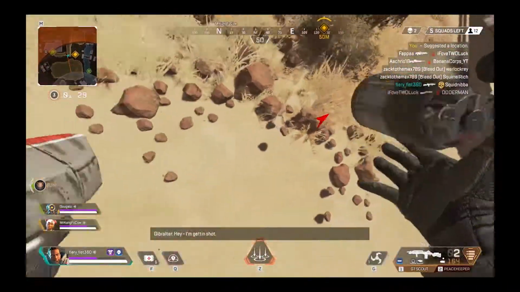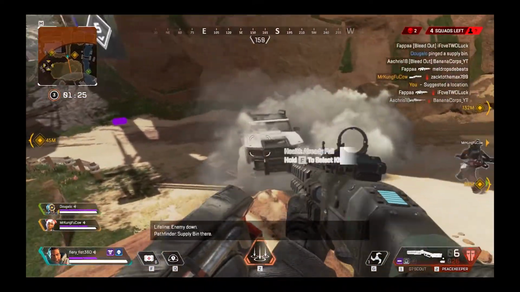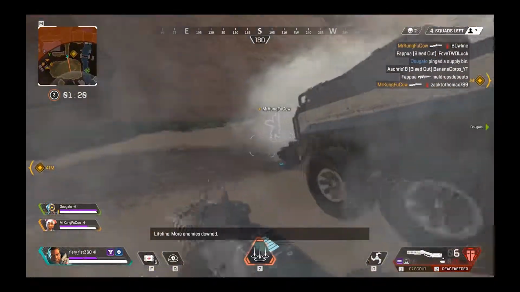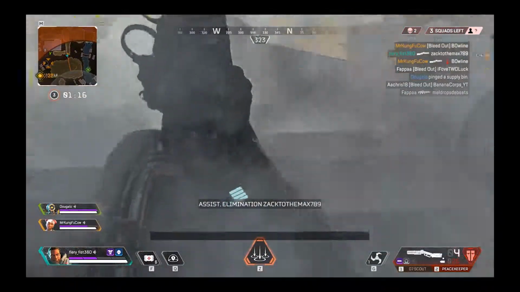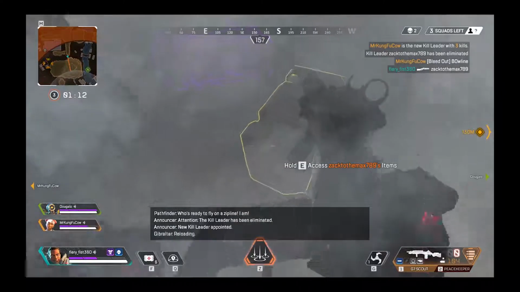I'm hitting good shots with this G7 Scout, which is basically like a marksman rifle in any game. It's not really a sniper rifle, but it's a pretty heavy hitting rifle. And I'm going to switch over to the shotgun, which I think is one of the best weapons in the game. And we're going to go ahead and kill the kill leader, which is pretty impressive, and he's got a